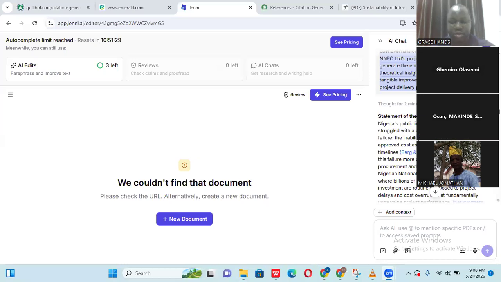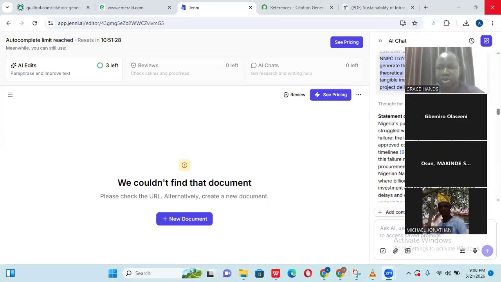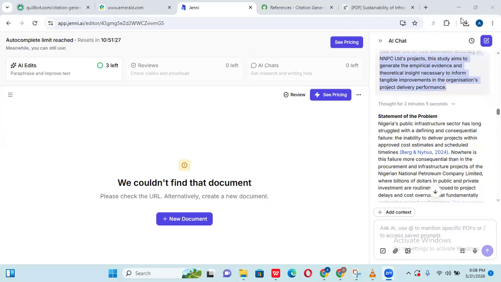All right. So this is one of the AIs that I know does not hallucinate. It gives you proper citation, it gives you proper references. Okay, I'm sorry, you do your references yourself. The references, you do it yourself. But the citation, it does it properly. It gives you the code, the journal, the direct journal. So you can now do the references yourself.